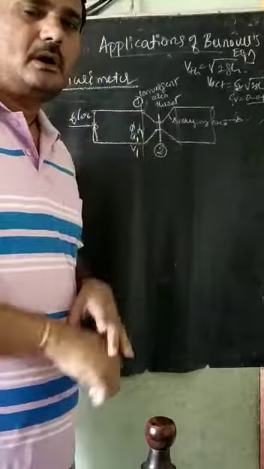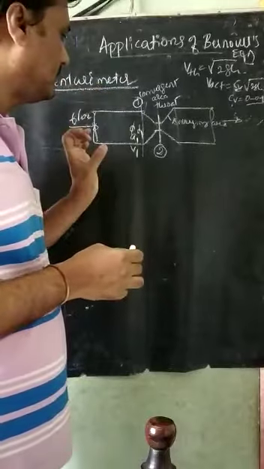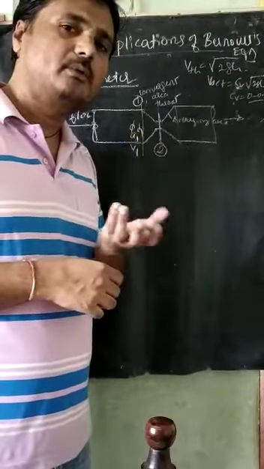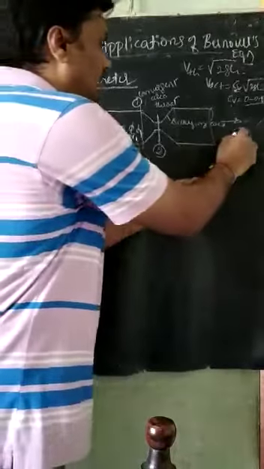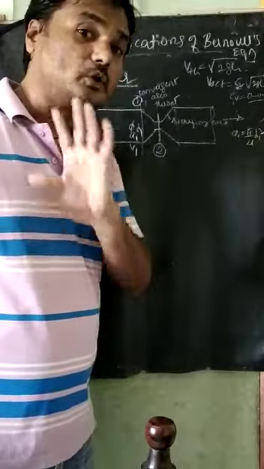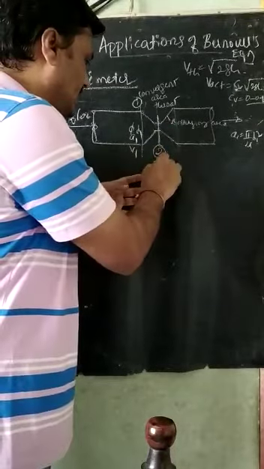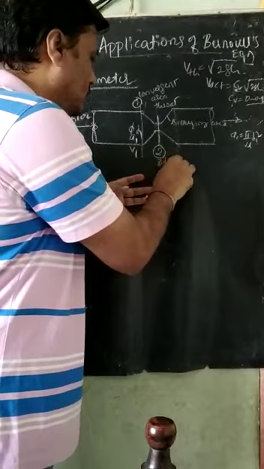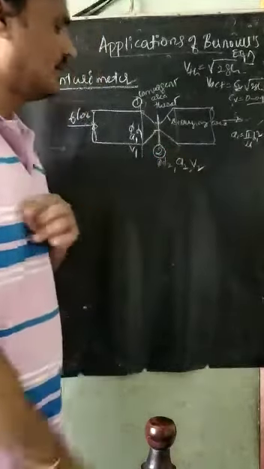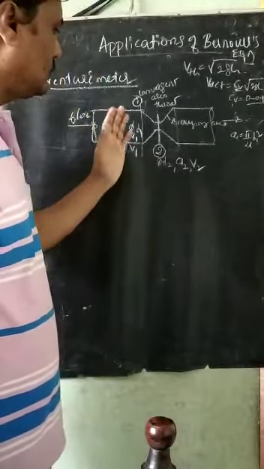These are the common parameters we use: diameter of the pipe d1 at section 1 and cross-sectional area A1. How do we find the area when we know the diameter? A1 is equal to pi by 4 into d1 square, where the pipe is circular; other shapes may also be present. Similarly at section 2, we have d2, cross-sectional area A2, and velocity v2.